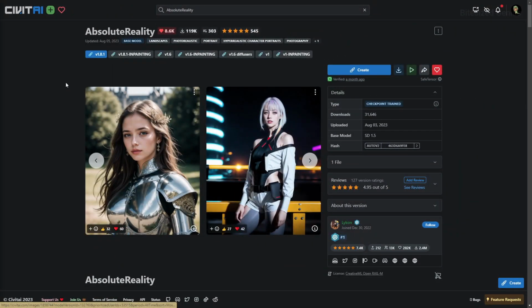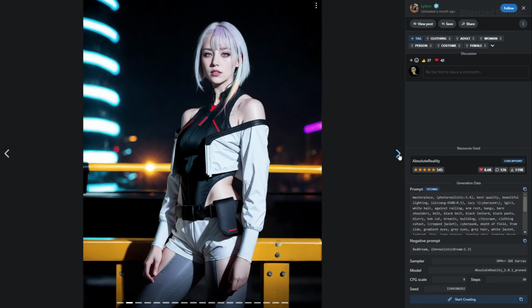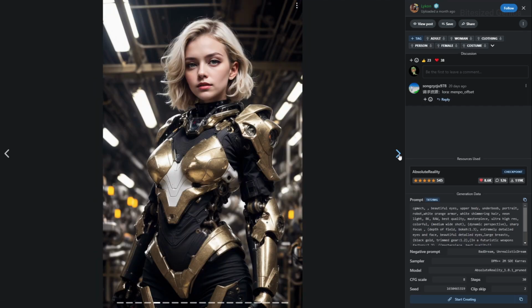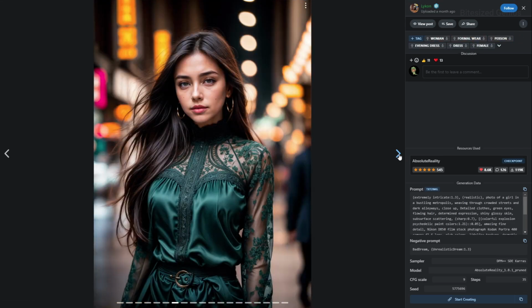Absolute Reality is a checkpoint developed by Lycon, and we're presented with a variety of cinematic images, from a fantasy knight to a cyberpunk character, a budget Iron Man, and even a discount Doomsday. And while the negative prompts use simple embeddings, the prompts are large and varied enough to describe a variety of images, giving us results which appear to be diverse, and I'm keen to see how much accuracy we can get